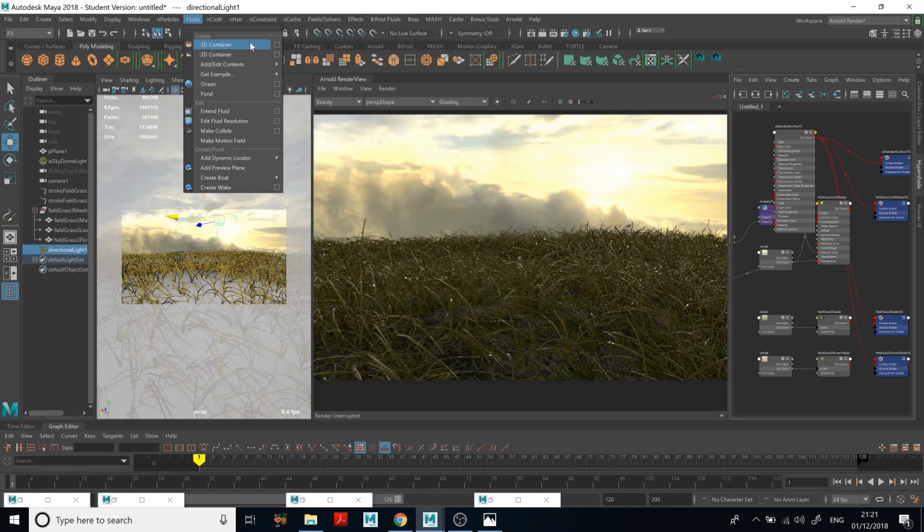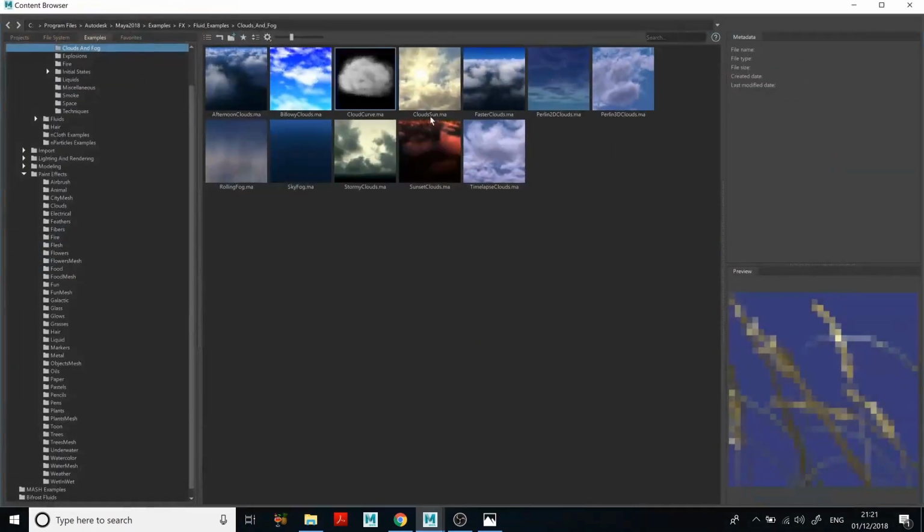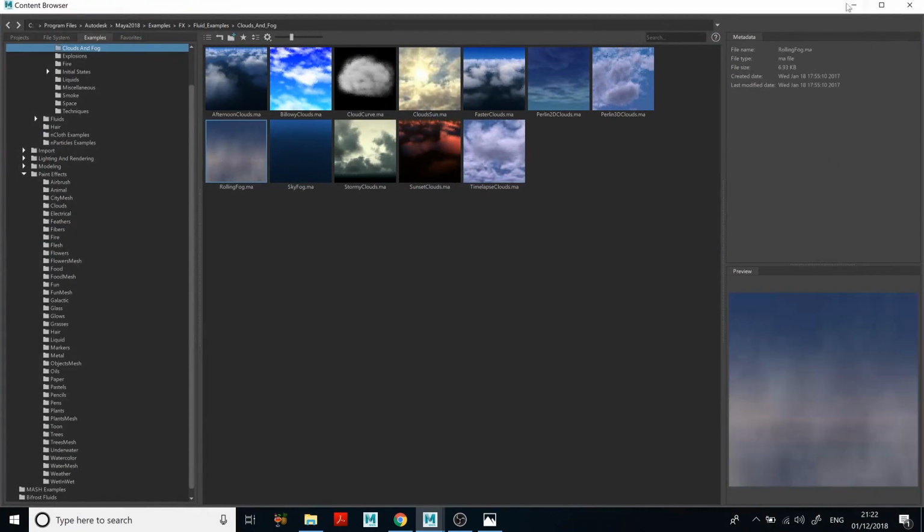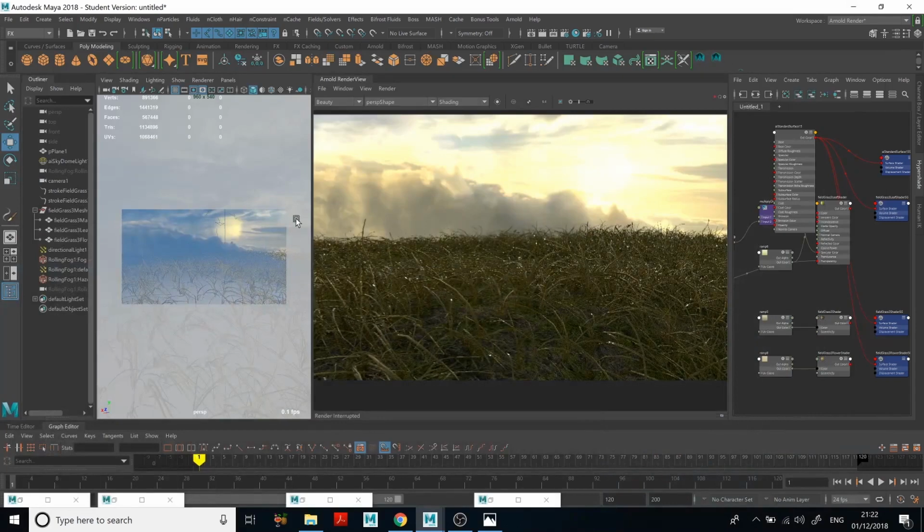and where is that? Get example, fluid, and we'll select this rolling fog, and we will change some parameters. Actually, a lot of the parameters we have to change. This fog comes with a haze. You can see that